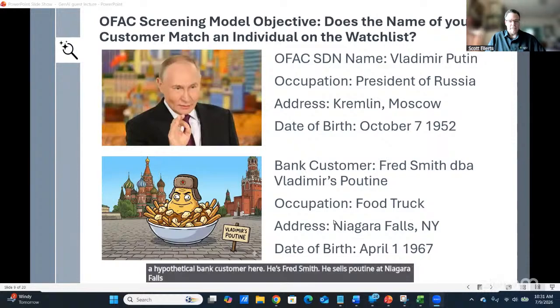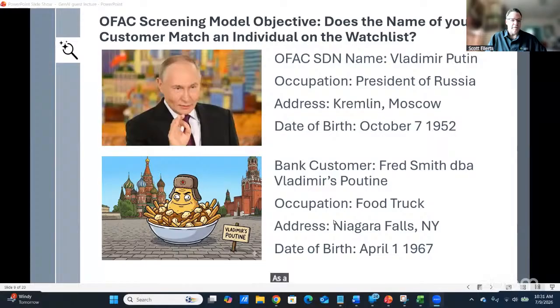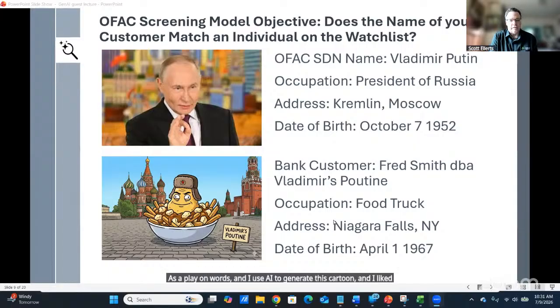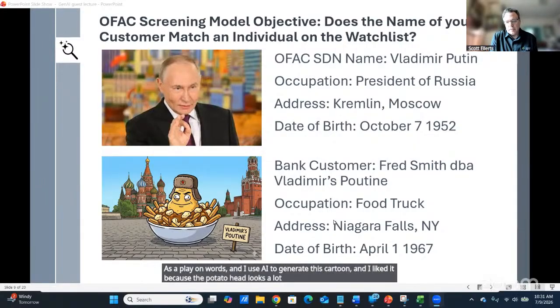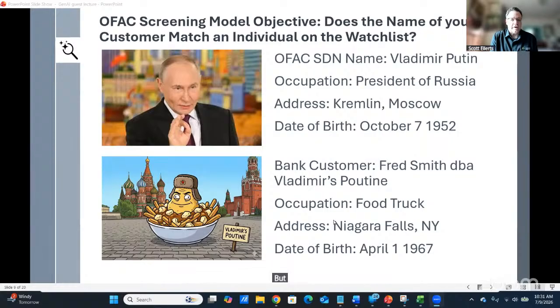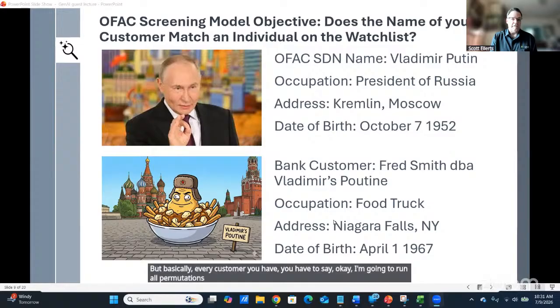He calls his food truck Vladimir's Poutine as a play on words. And I used AI to generate this cartoon, and I liked it because the potato head looks a lot like Viktor Orban. So I thought that was a neat thing to have. But basically, for every customer you have to say, okay, I'm going to run all permutations of my customer names against the OFAC list.